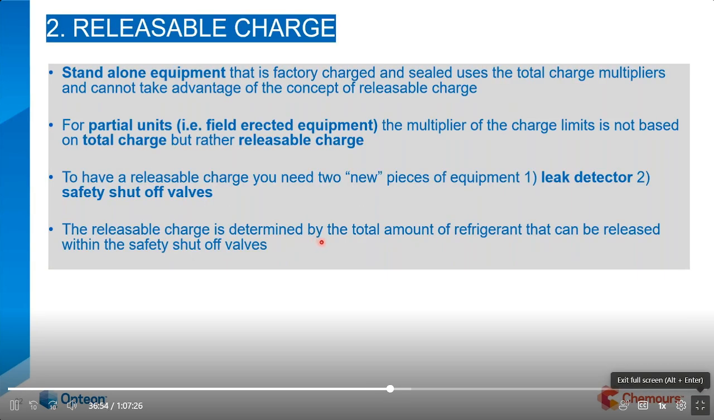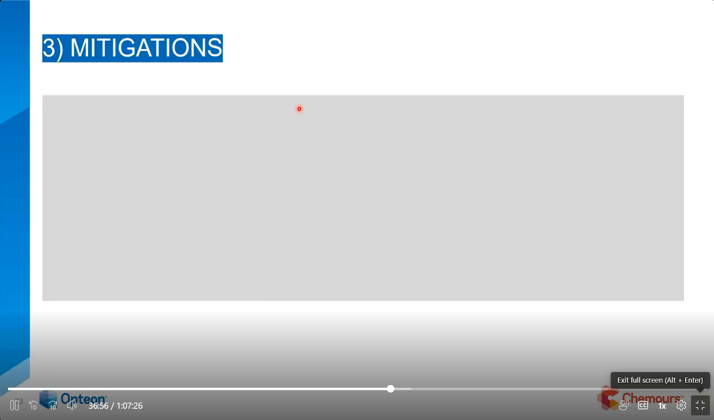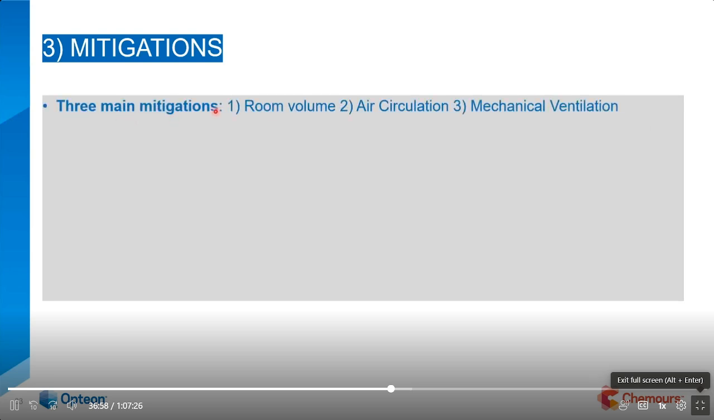Shut-off valves. Mitigation strategies. What does that mean to you? Three main mitigations, okay? One, the size of the room volume, or the cubic feet. Air circulation. Are we going to have to turn on the evaporator fans and move that concentration around to make it less concentrated so there's less possibility for flammability? Or are we going to need to bring in mechanical ventilation, either bringing air in or taking out if the